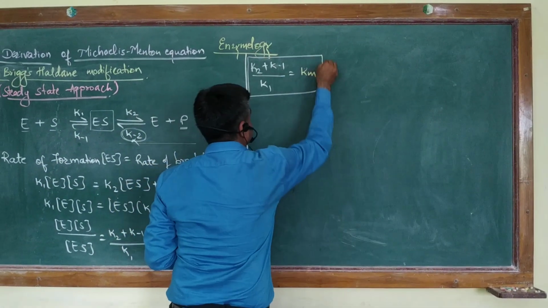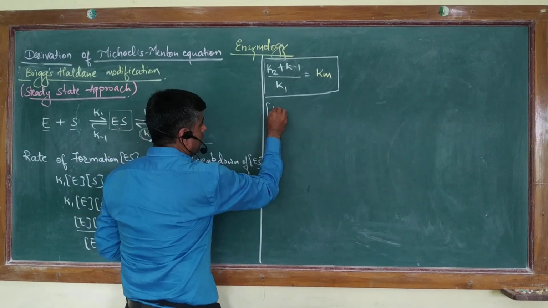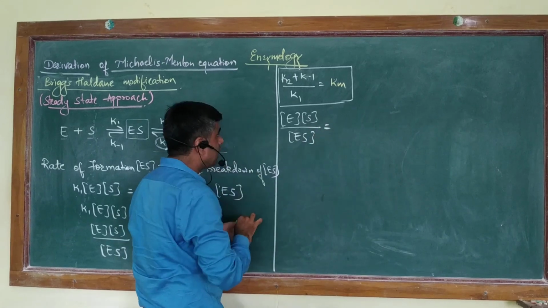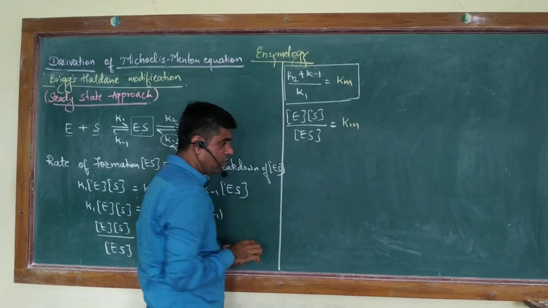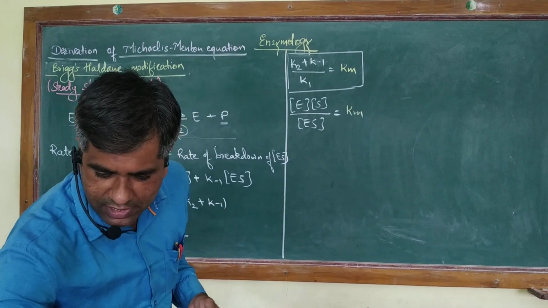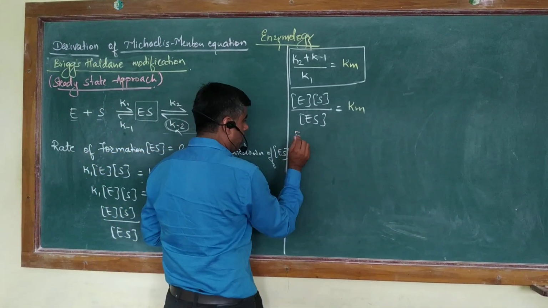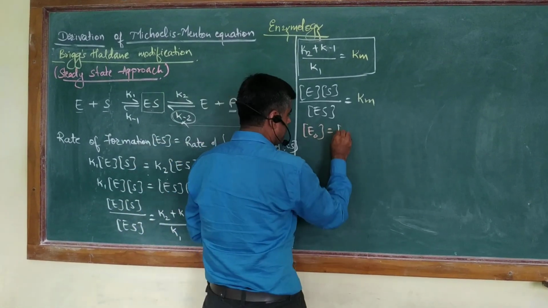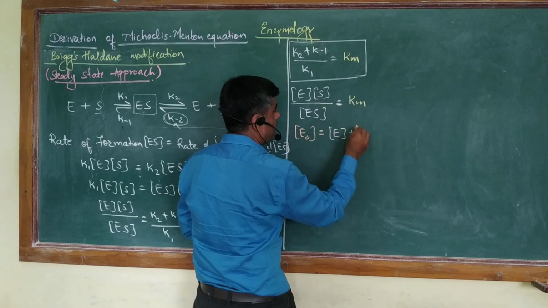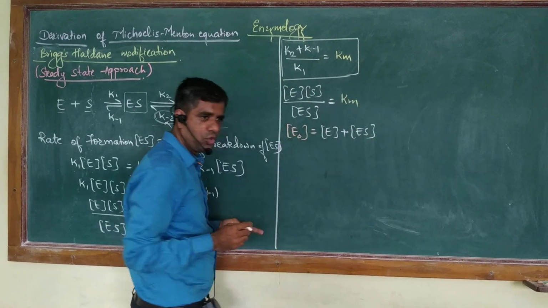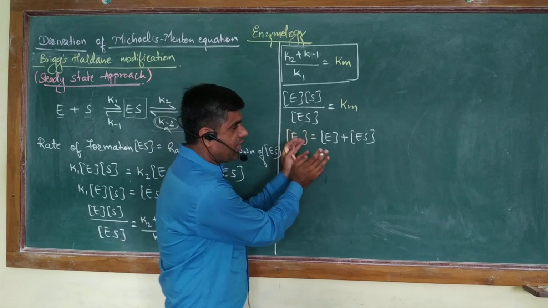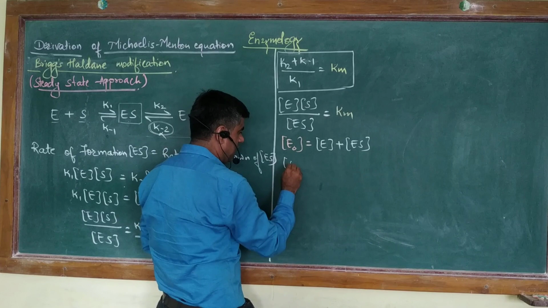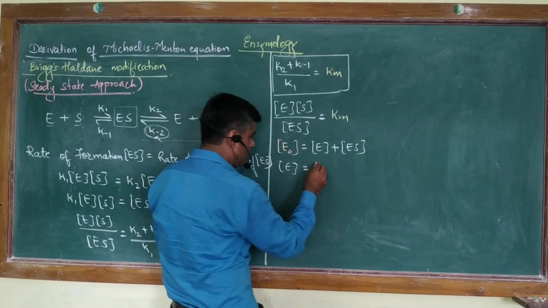So if you write the equation now, it is E into S whole upon ES, which is given by Km, right? Now again come back to the total enzyme which we saw earlier. So total enzyme is the sum of your free enzyme, E, plus your bound enzyme, ES, right? So whatever total enzyme you have, some is still free and some of the enzyme has bound to your ES complex. From this, if you calculate the value of E, you have E0